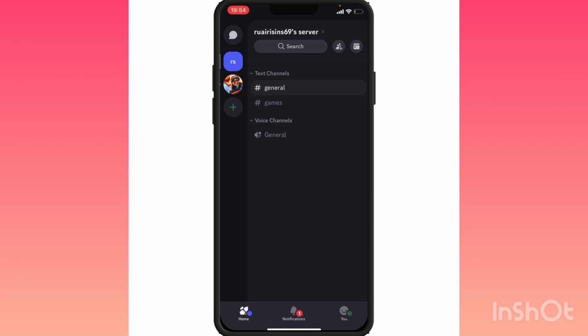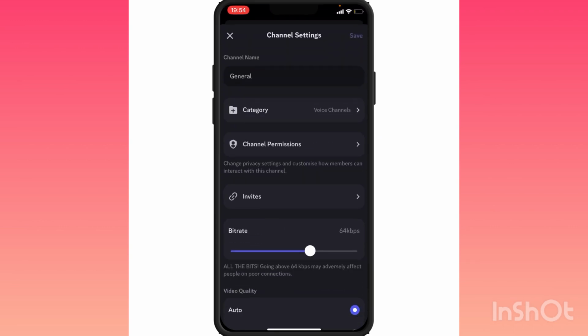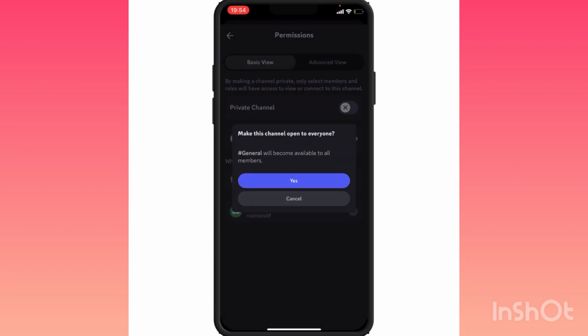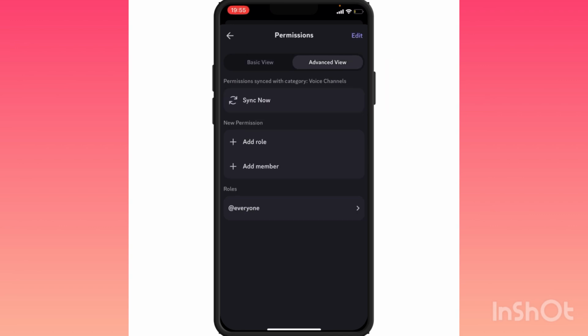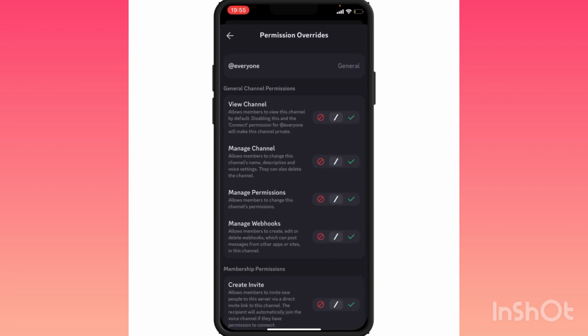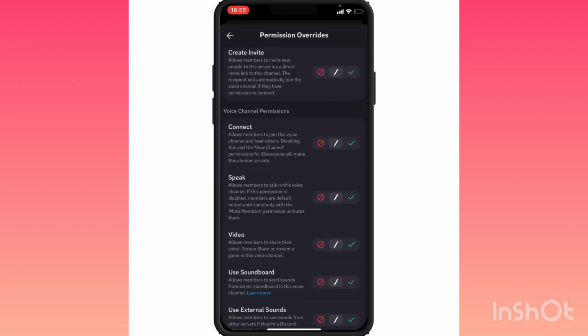And there's also a second way to lock the voice channel. So if we edit the channel again and undo what we just did, if you now come to Advanced View under the permissions, then press Everyone. If you scroll down the voice channel permissions, under where it says Connect, if you just press the red cross,